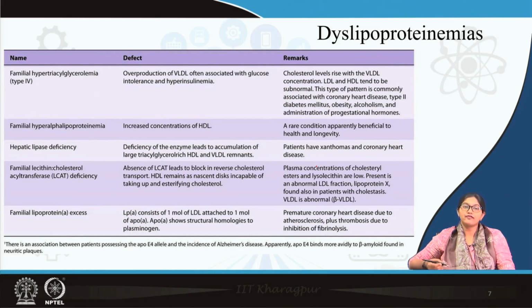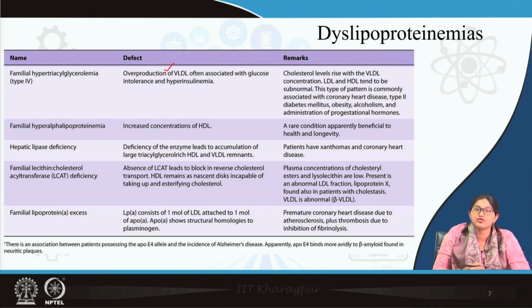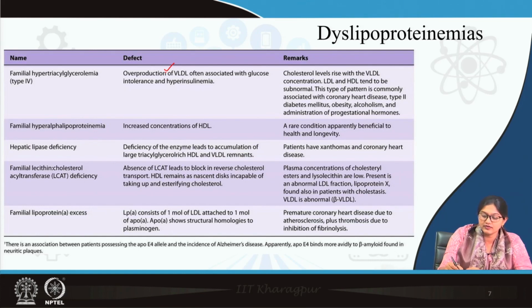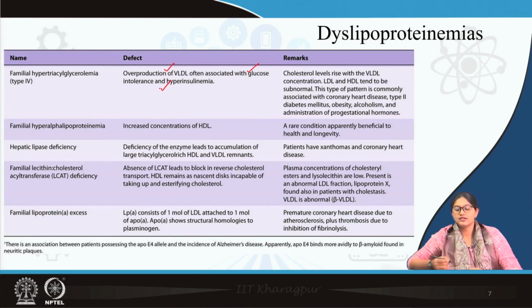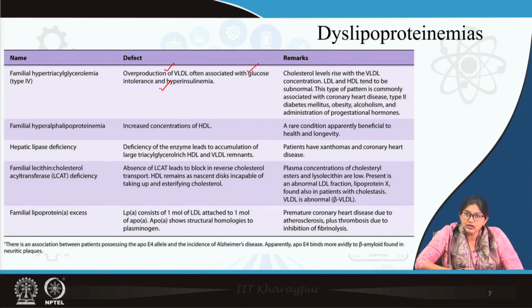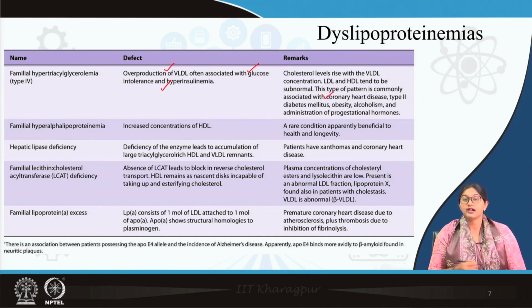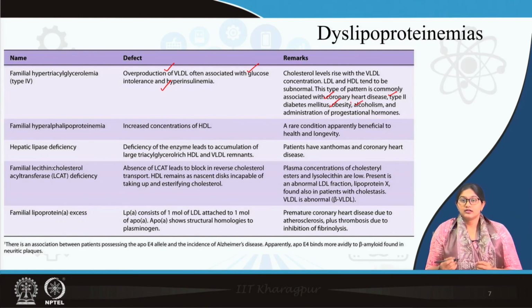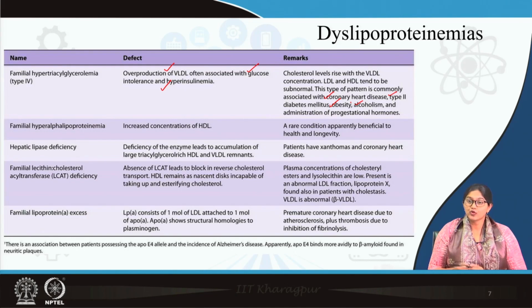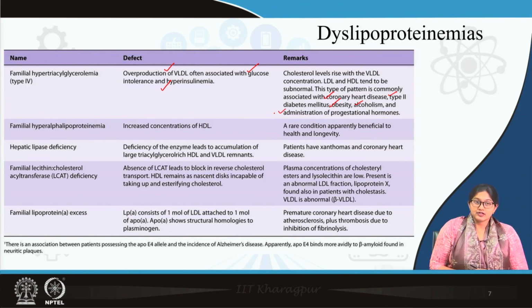Next is type 4 familial hypertriglyceridemia. Here is overproduction of VLDL. VLDL is produced in huge amount and this condition is associated with glucose intolerance as well as hyperinsulinemia. So, basically this type 4 condition is associated with other metabolic conditions like coronary artery disease, coronary heart disease, type 2 diabetes mellitus, obesity, alcoholism, and it is also induced by administration of progesterone based hormones. So, this is about type 4